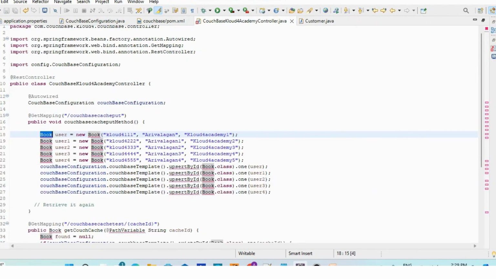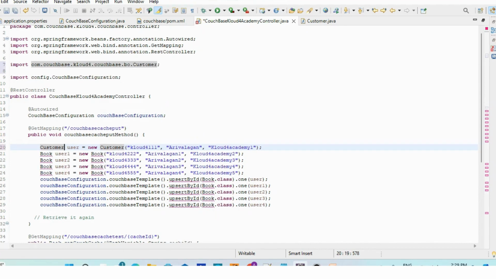I'm going to create a customer object. Normally, just for testing, I'm hard coding this. Actually it should be a database object, it will come from the database. So we are just caching. I'm just hard coding the data, like Cloud4 ID, name is Bangalore, and then I'm creating customer ID record number 2,